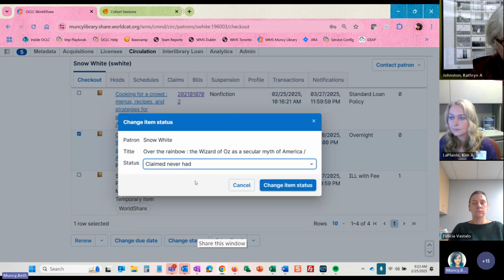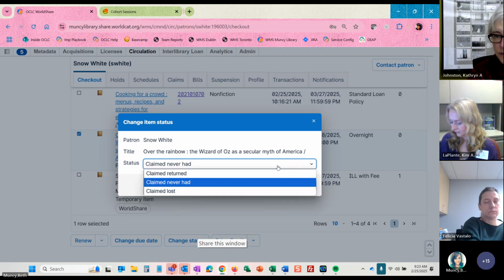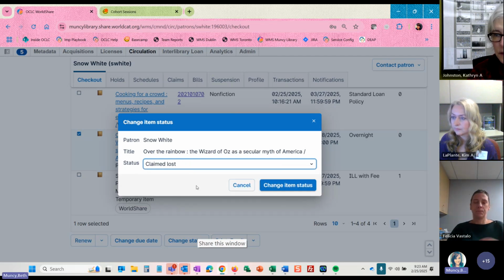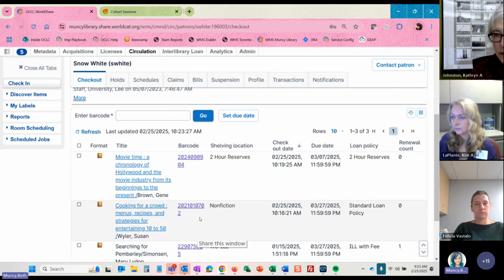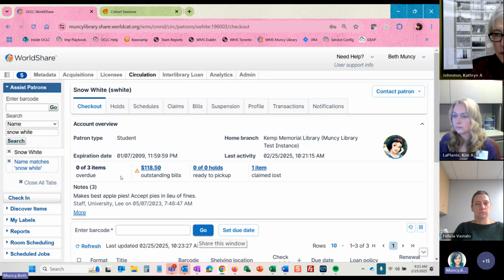If I set it to claim never had, it's going to change the status to claim never had, which is essentially missing, and remove it from her account. If I select claimed lost, this will make the item missing in the system, but also charge her for the replacement cost of the item. So if I hit change status of item, it now removes it from her account. We'll see her $6 in fines have now gone up